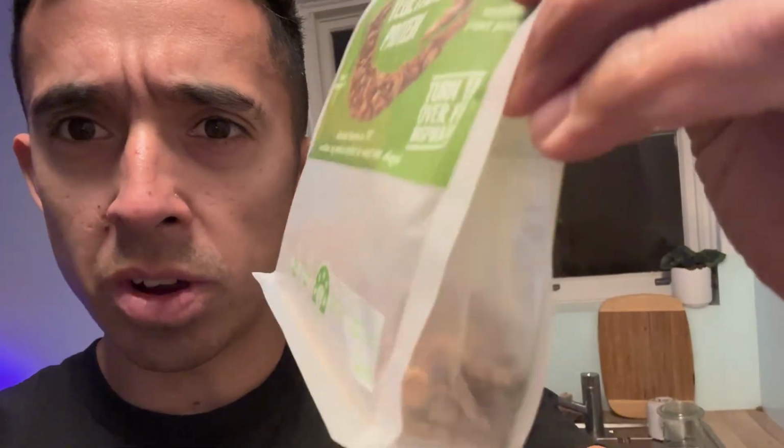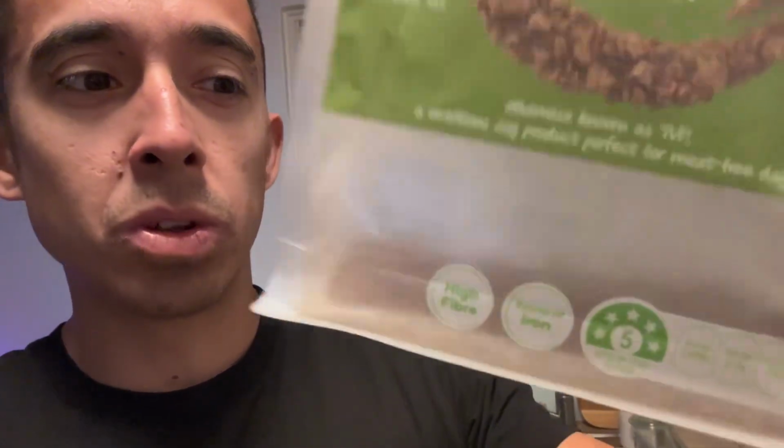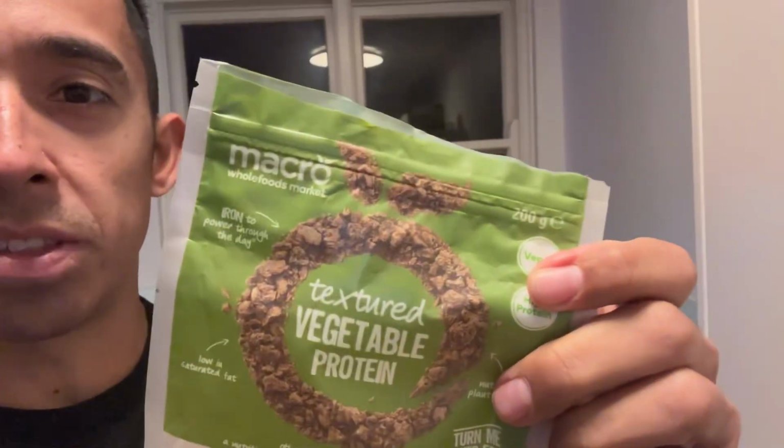Versus here, I don't know if you can see here. Oh, there you go. It's a little bit drier, a lot lighter, a lot smaller in volume. Damn, that's not the best. But you can see the front there. All right, so